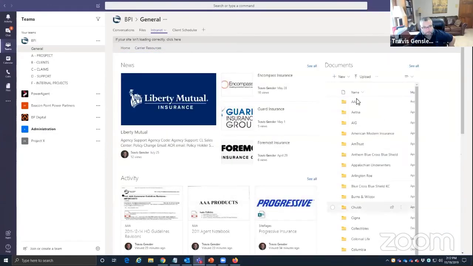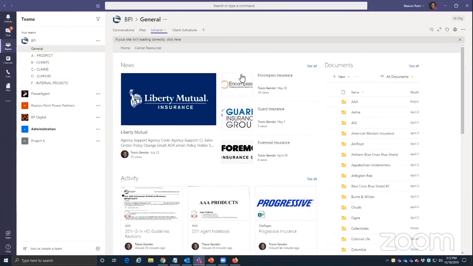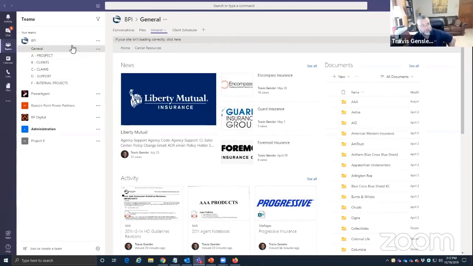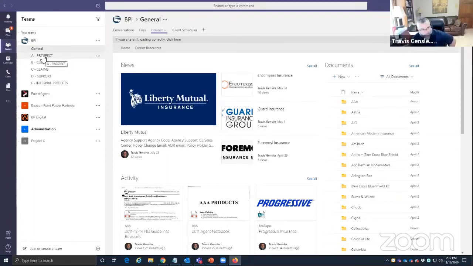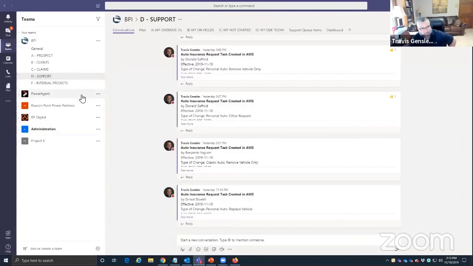How do you have your teams organized, out of curiosity? I know this isn't SharePoint, but it kind of has to do with that. Yeah, and so what we found is simpler is more effective. So this is how we're currently using it. We still have our one-on-one chats right here, but inside of the teams, this is how we break it up. And so if it has to do with the prospect, the conversation happens in here. Clients, if it's a claim,